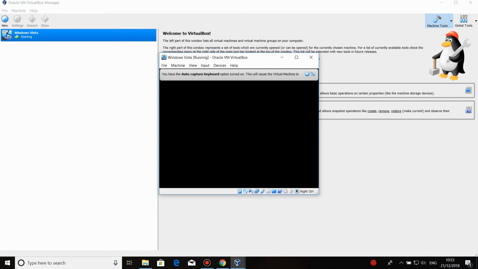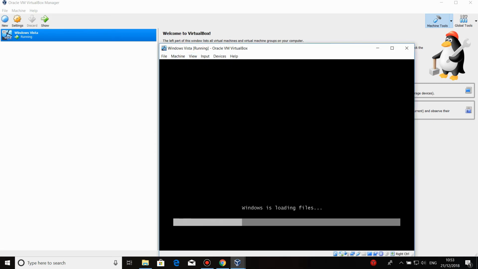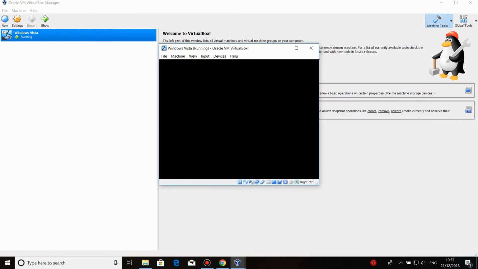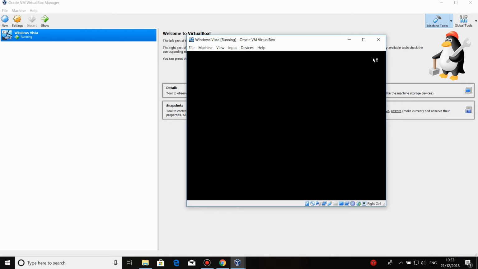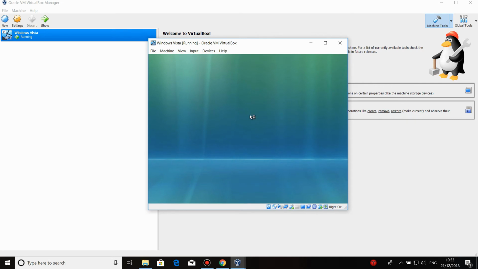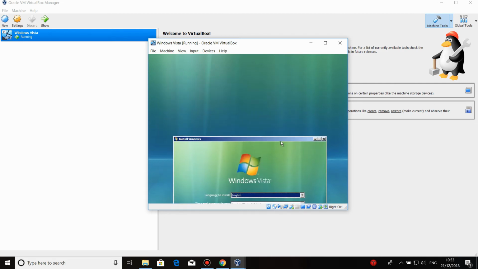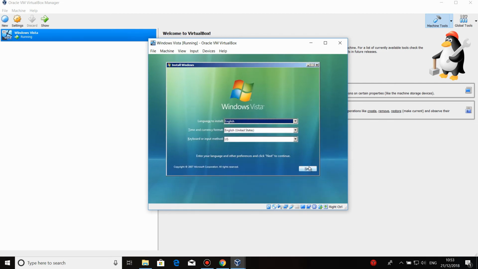Make sure you have done everything correct. You've given it a decent RAM, decent number of storage. See, it's loading. It is just like Windows Vista. There you go. Once I set up a virtual machine, there you go. It's literally Windows Vista. I'll walk through a little bit because